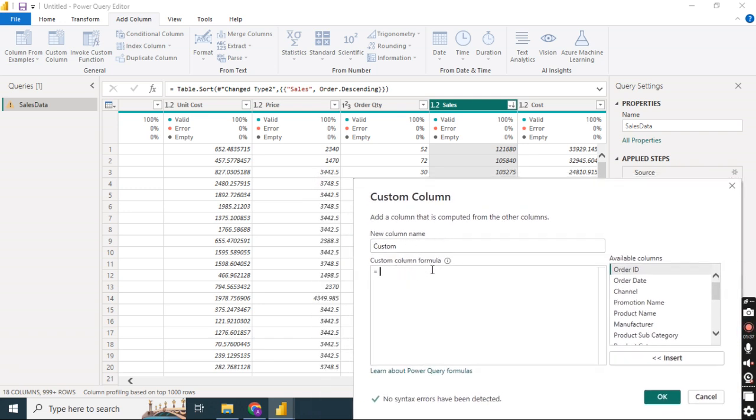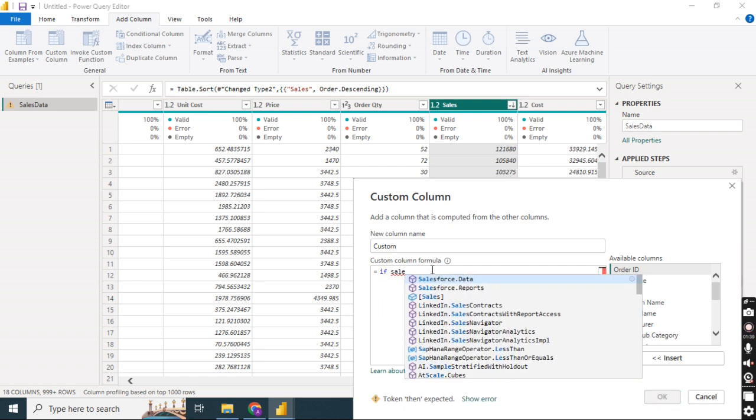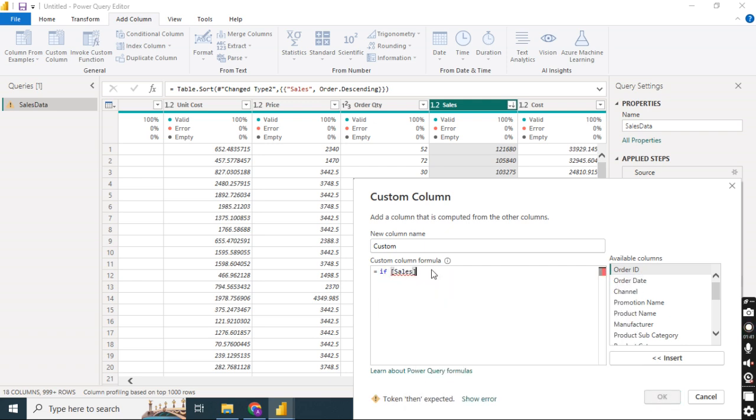Let's say I write: if sales less than, let's say, 50,000, then write low sales, and else if